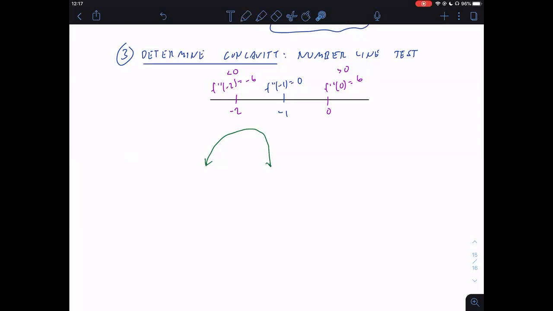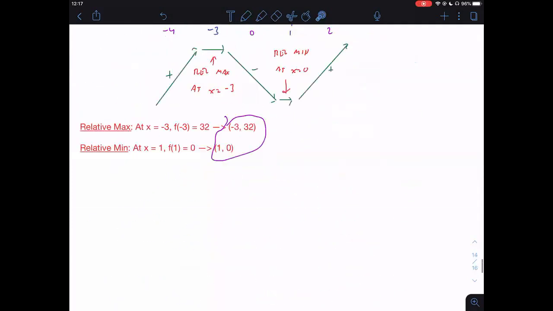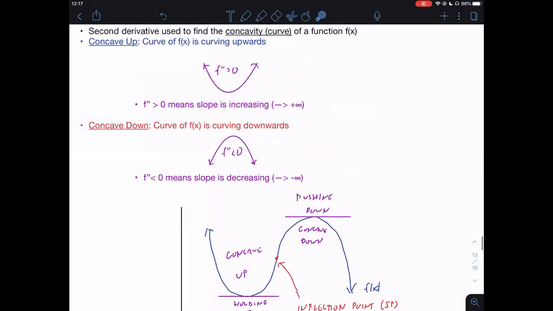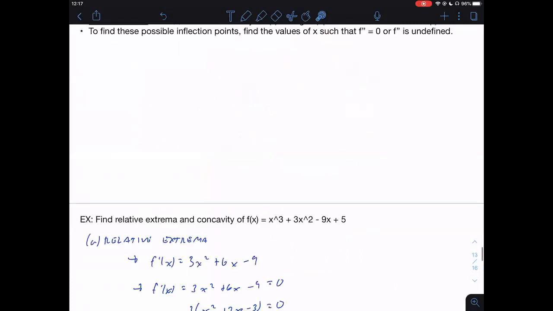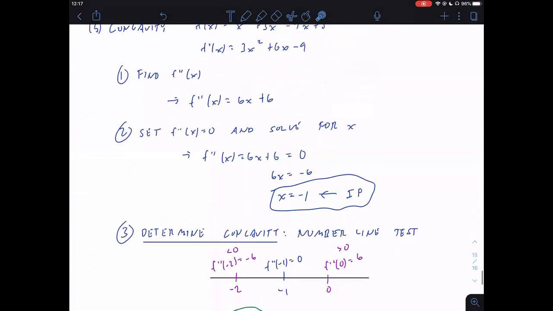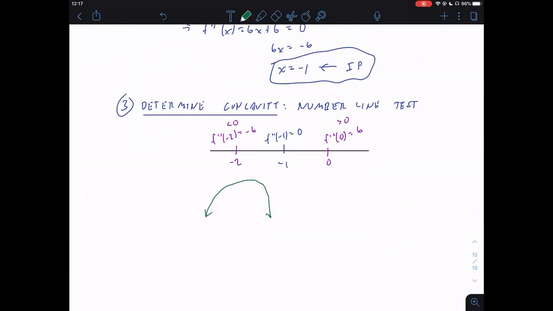Okay. And then after hitting this inflection point, the second derivative started to become positive. Meaning, when the second derivative is positive, that means the function is starting to open back upwards. So the second derivative is greater than 0, that means it is concave up. We have an upwards type of shape. So now this function is opening upwards